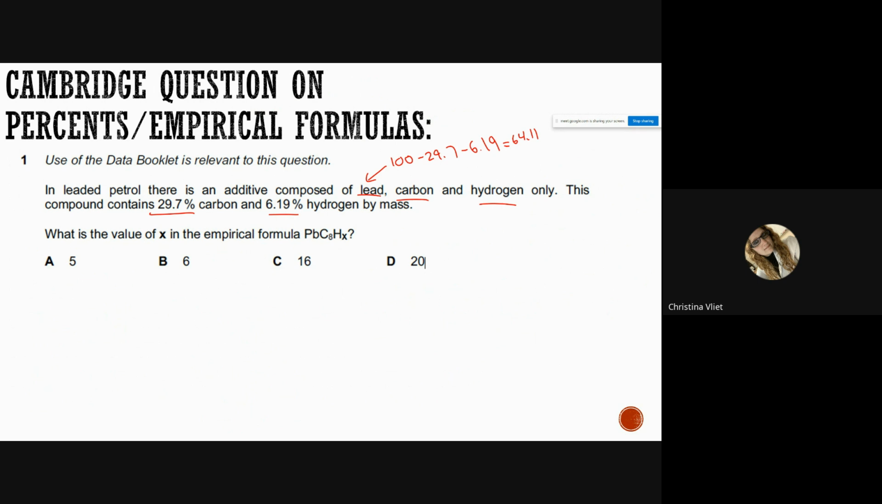All right, so here we go. We should have gotten that carbon is 29.7, hydrogen is 6.19, and lead is 64.11. Next thing, divide carbon by 12, hydrogen by 1, and lead by, I think it's 207.2, right? Yeah. So we get carbon is 2.475, hydrogen is 6.19, and lead is